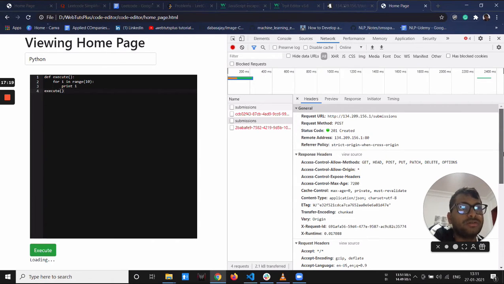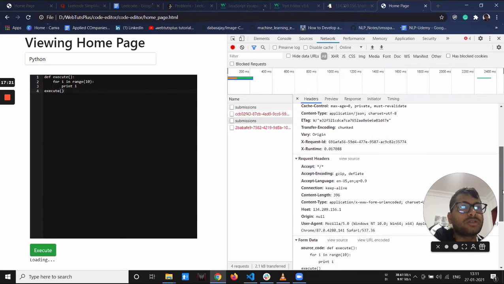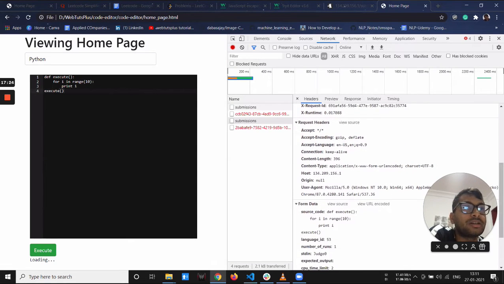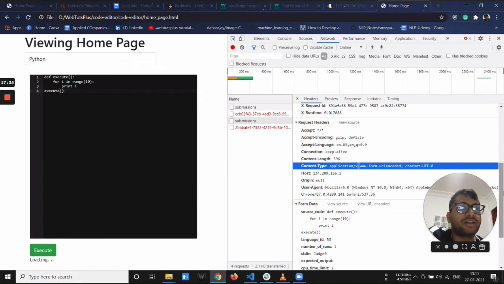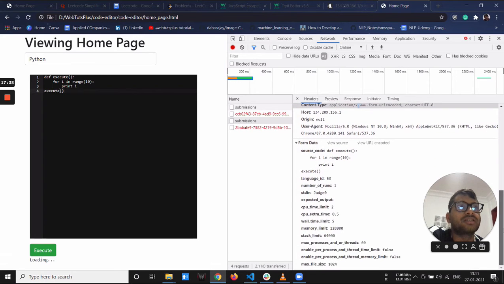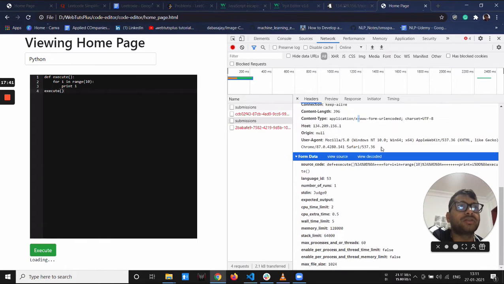Go down, and here you can see the form data, and show view URL encoded. Yes, here you can see that there is maybe some issue. So you send it like this, and now check in the original case how we send it.